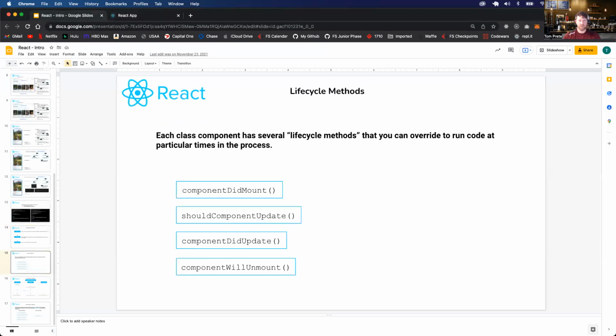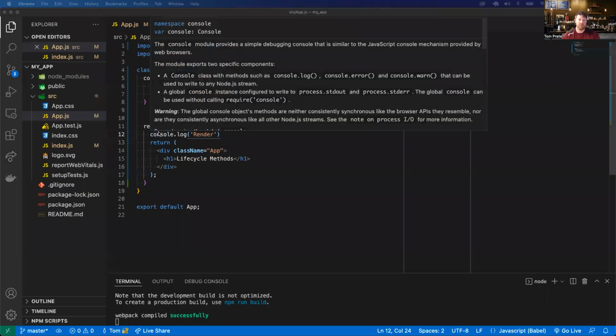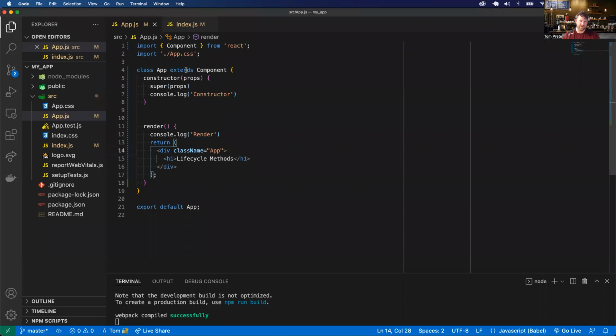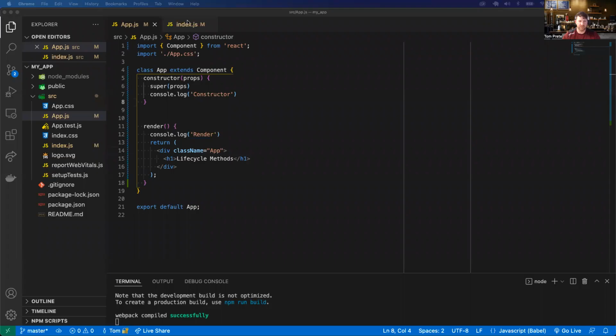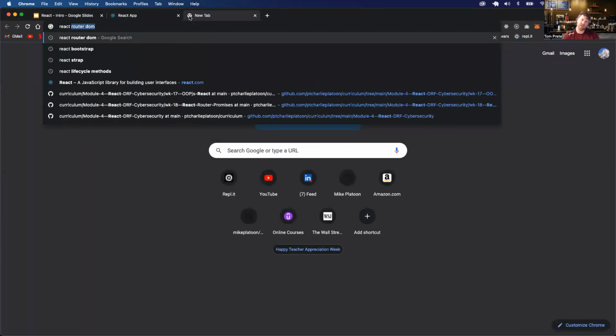So these might be outdated. Component did mount, component did update. Let's see, some of them might be deprecated. So before we used function components, we had multiple different lifecycle methods that would automatically execute at different points within the component's lifecycle. So if this is an old one, let's actually go to the actual React